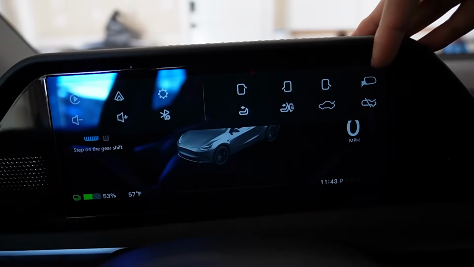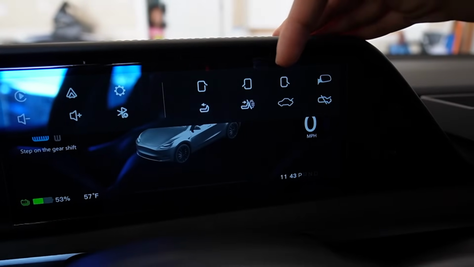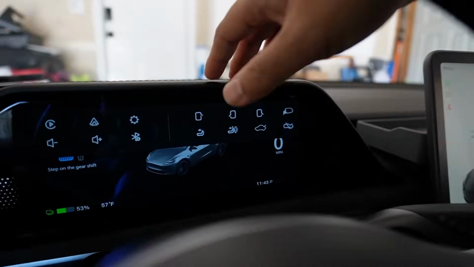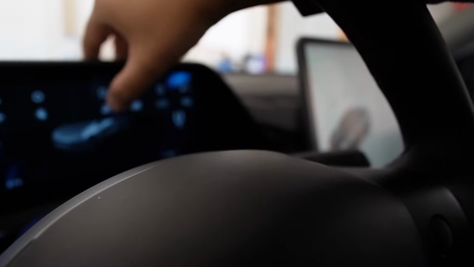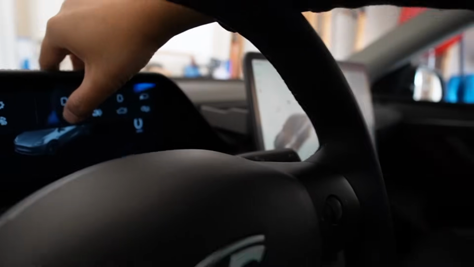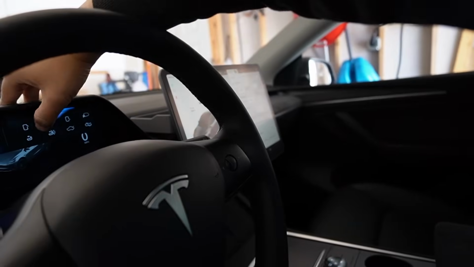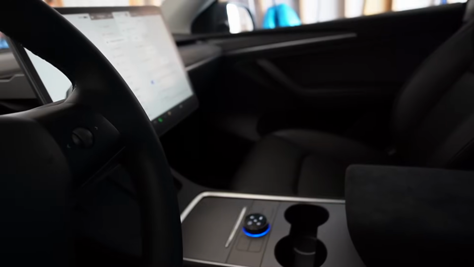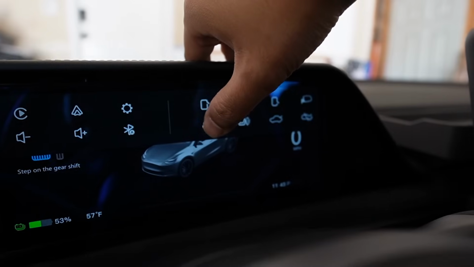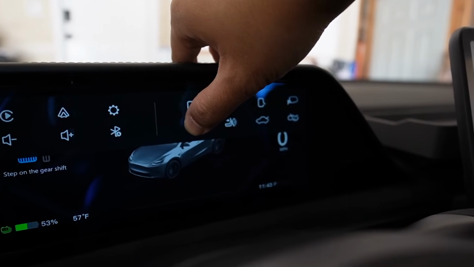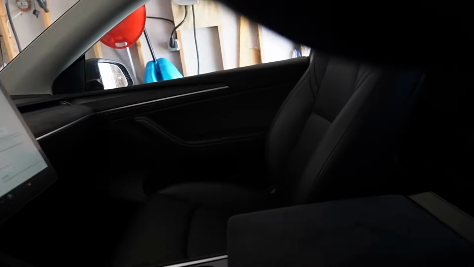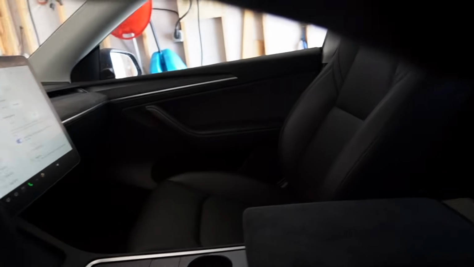But on the top right, you have shortcut buttons that you can control on the display. This is the touchscreen again. Let me show you. Now you can control the front passenger seat to go forward and backward. And let me try to show you real quick. So I press. So you can only do one increment at a time. You cannot hold and have it keep moving forward or backward. You can only do one touch. This is the only thing I don't really like about